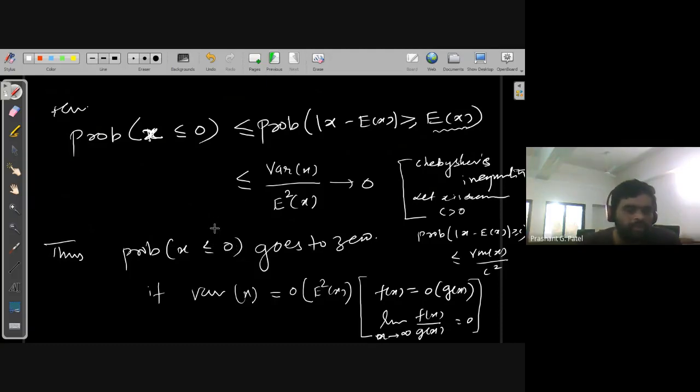This will prove the second moment method, and there is a corollary of this result,